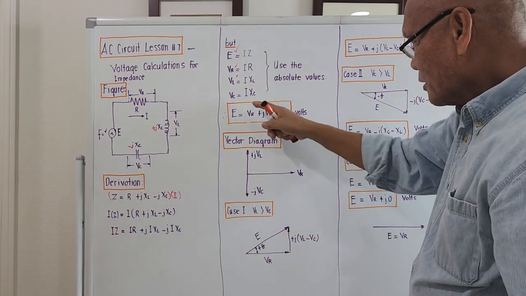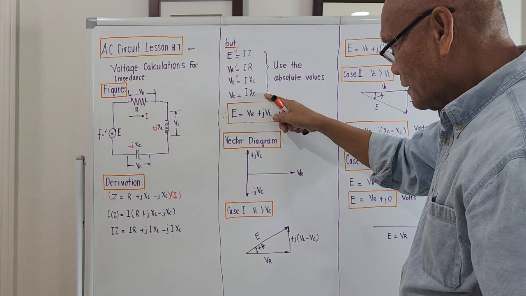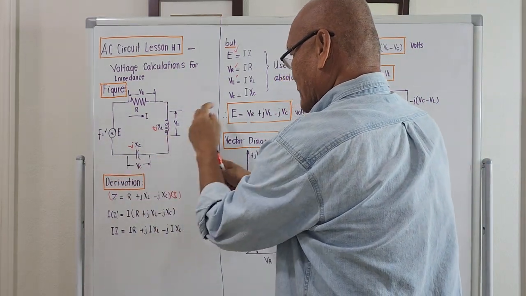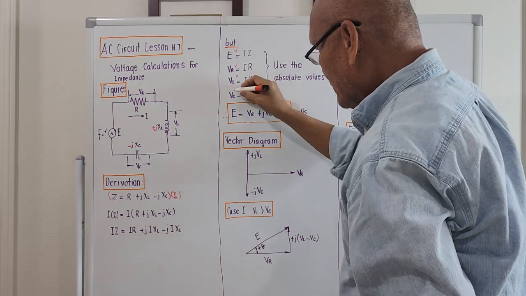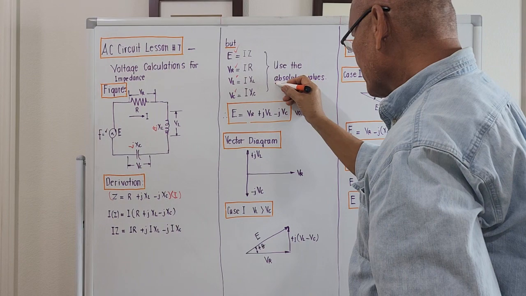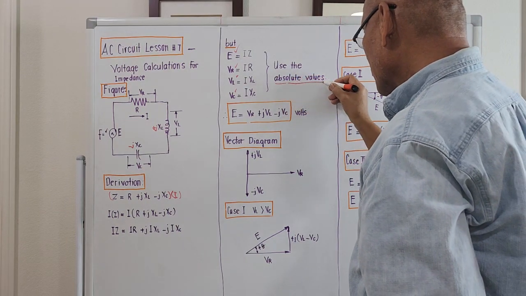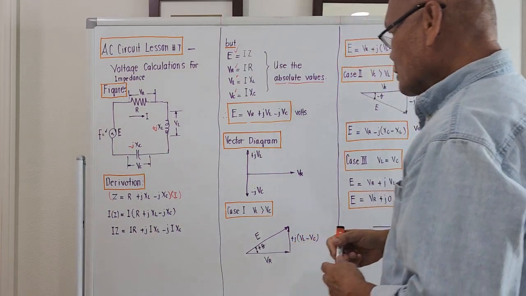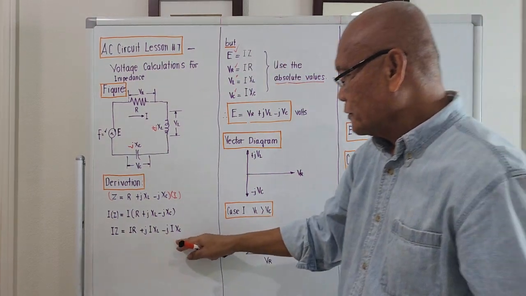What's next? The product of I times X sub C is the voltage across the capacitor. That is V sub C. In this computation here, we use absolute values. We are just taking, for the meantime, the magnitude. So in general now, if we go back to this,